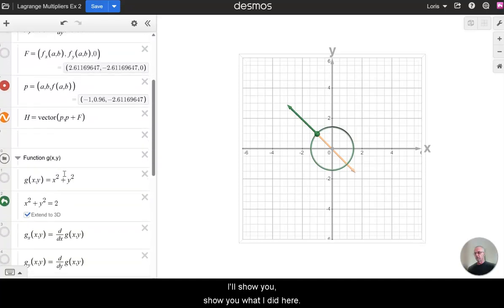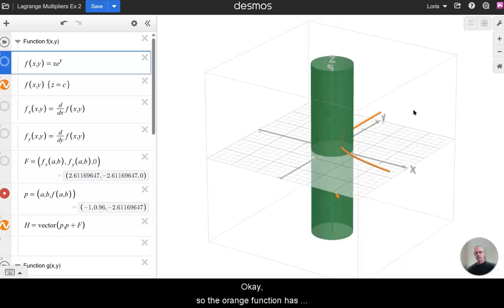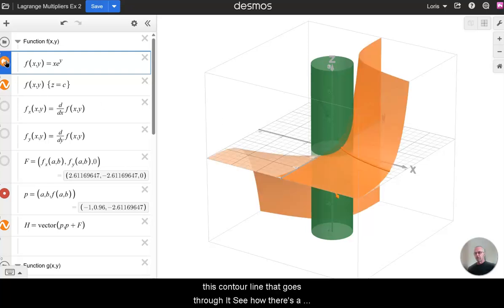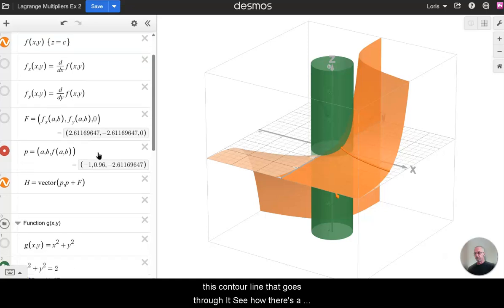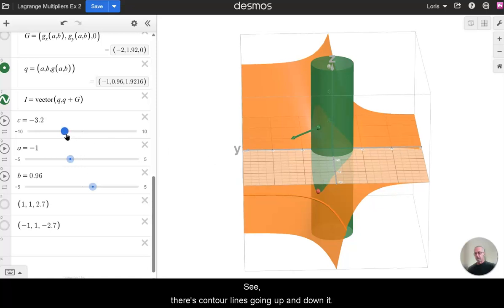I'll show you what I did here. So let's see, where is it? There. Okay, so the orange function has this contour line that goes through it. See how there's a contour line for it. See, there's contour lines going up and down it. These are the cuttings with the z-axis. All right. Where those contour lines are tangent to the contour line of this green function, you have a max